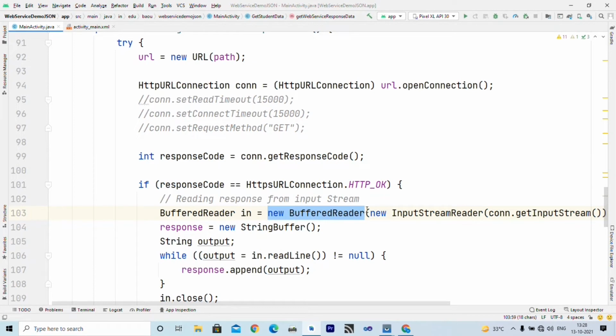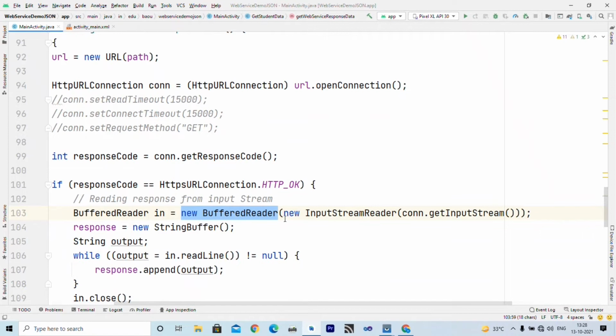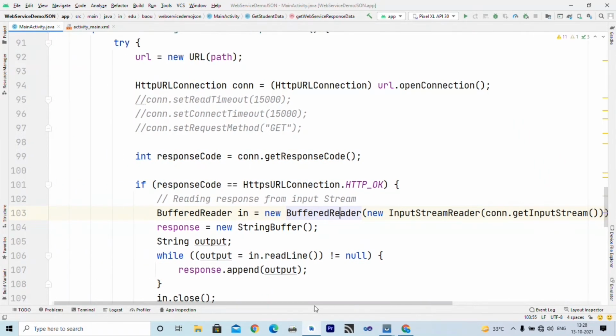Here we create an instance of the object, and inside that I write new InputStreamReader, and that input stream should be obtained from the connection. So the connection's input stream is attached to the InputStreamReader, and the InputStreamReader is attached to the BufferedReader. The advantage of using a BufferedReader is that we can read data line by line.